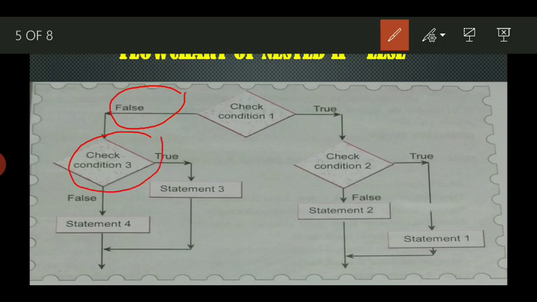If condition 3 is true, then it will display statement 3, and if condition 3 is false, then it will display statement 4. I hope this flowchart is very clear. It is just the syntax that I have explained. So now I have explained it in the flowchart, and I hope everybody has understood it properly.